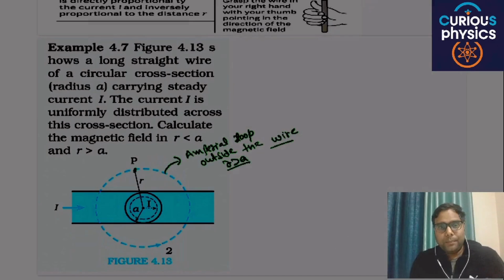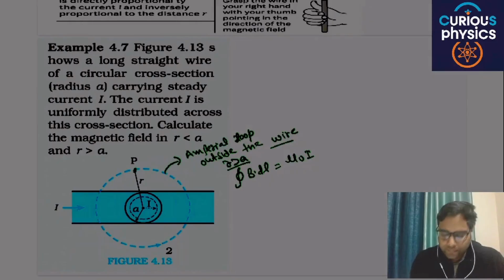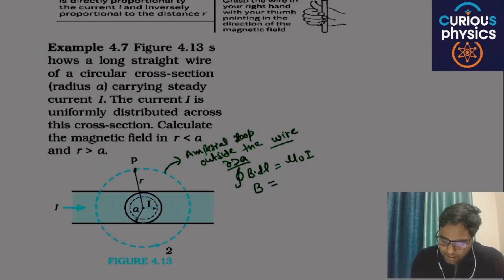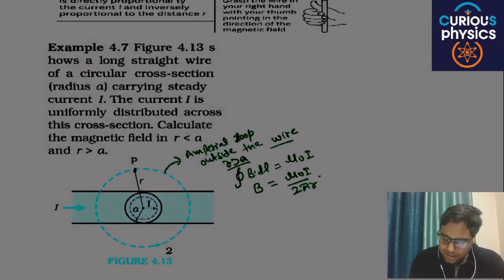Then for this Amperian loop, the enclosed current is I. Then according to Ampere circuital law, the integral of B dot dl is equal to mu naught times I in, and I in is I. The dl integral gives 2 pi r, so you will get B equal to mu naught I by 2 pi r. This is the case when r is greater than a.